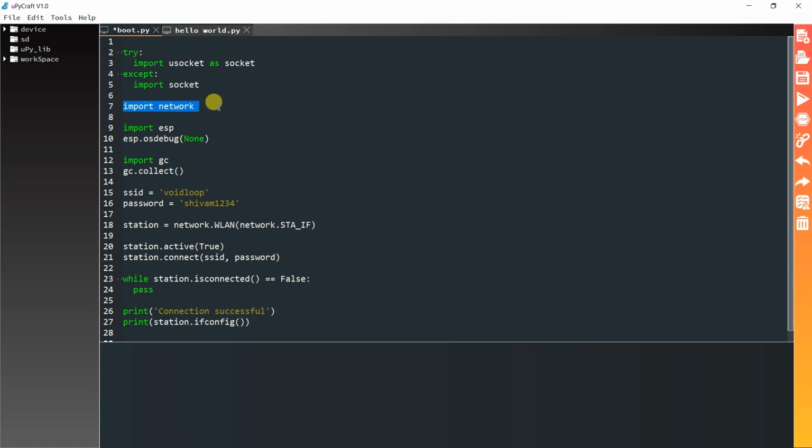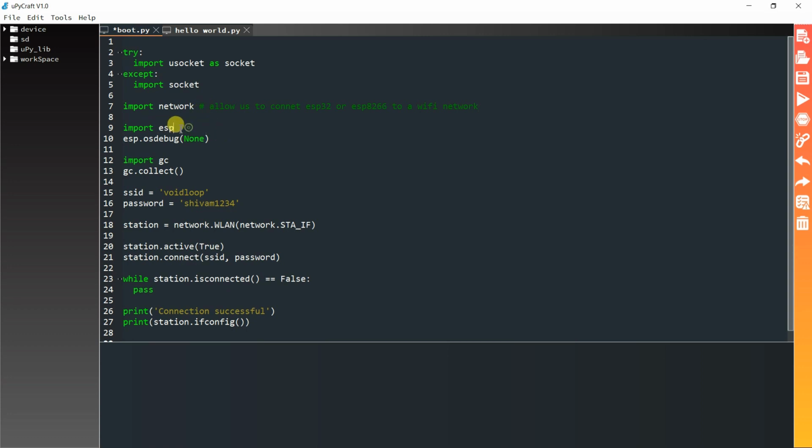It will allow us to connect the ESP32 or ESP8266 to a Wi-Fi network. So this library allows us to connect the ESP32 or ESP8266 to a Wi-Fi network.